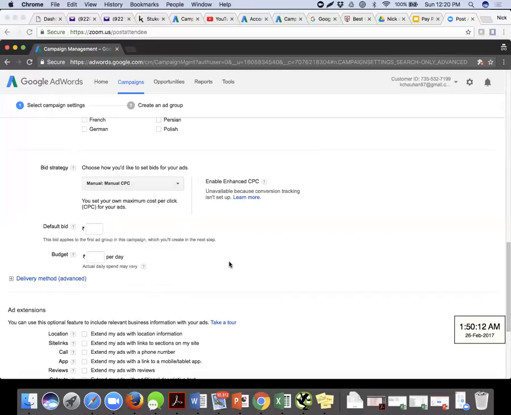Default bid, we can put in anything just to start with. Now, the default bid, usually people say, how do we really come up with the default bid? So, when we were doing a keyword analysis, if you remember, there were suggested bids. Right? When you have done your overall working for keyword analysis with the help of the keyword planner tool, you will be offered a suggested bid.